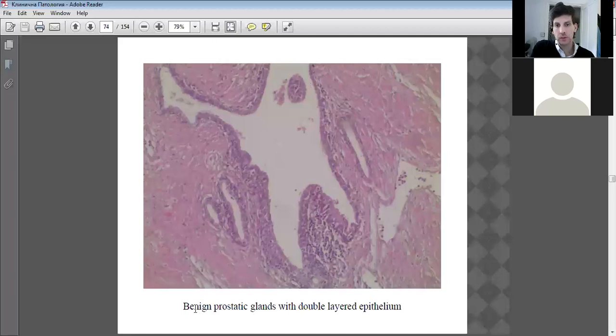In this slide, we have benign prostatic glands with double-layered epithelium. Benign, no cancer as yet, but probably hyperplasia. Now, hyperplasia is, with age in a man, the prostate gland begins to grow in size. It doesn't mean to say it's carcinogenic or cancerous, but because it's growing in size, it means the spaces within it are growing in size. So as the lumens, which carry fluid, increase in size, so the gland increases in size. It's still perfectly normal